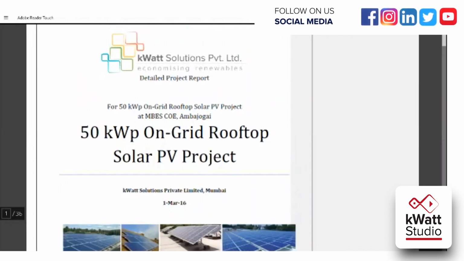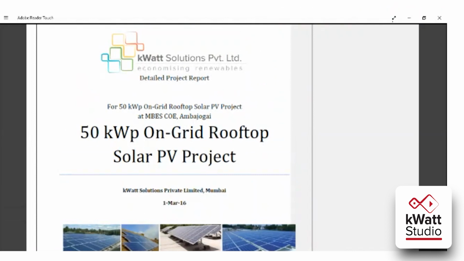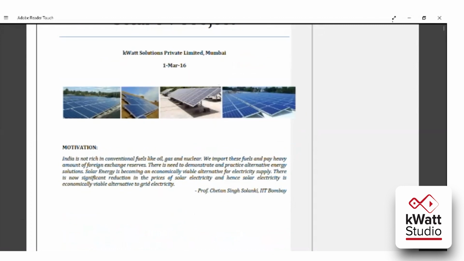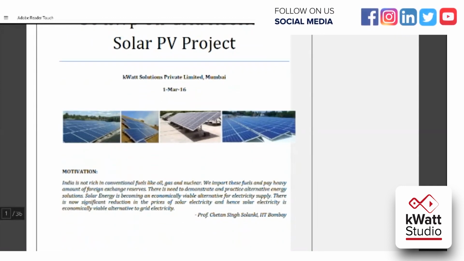Thank you. So on the very first page, you can keep your company logo, company name, and you can give some basic information related to the project. Like as we can see here, it is a 50 kilowatt peak grid connected solar PV system. Grid connected, on grid, both are same. And you can keep some photos as we submit our DPR at the end of the project. Means after the commissioning of the project, you can add some good photos of your project on the very first page, and you can write something about the project.